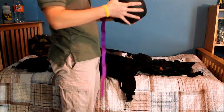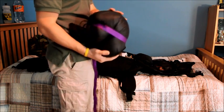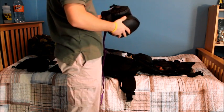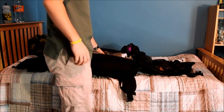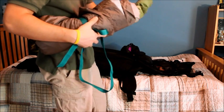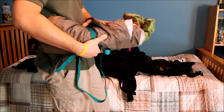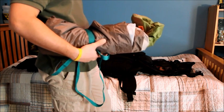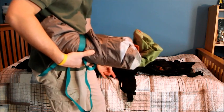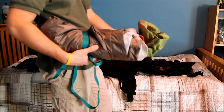Sometimes it'll get really cold, so I have a compressed down sleeping bag. Don't want to keep them compressed, or it messes them up. So I'm going to uncompress that after this. A Kelty Trail Ridge 2 tent. Was thinking of getting a one-man tent, but sometimes I'll have family and friends with me, so we'll split some stuff up. And the two-man tent is actually really nice because I'm in there and I can have all my gear next to me. It's not in the vestibule where it could get